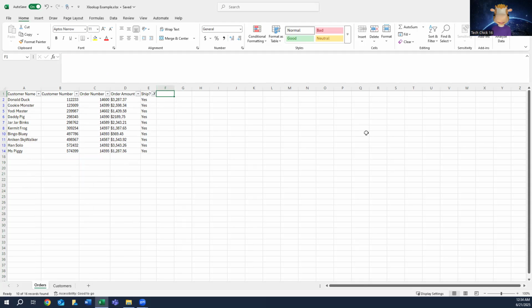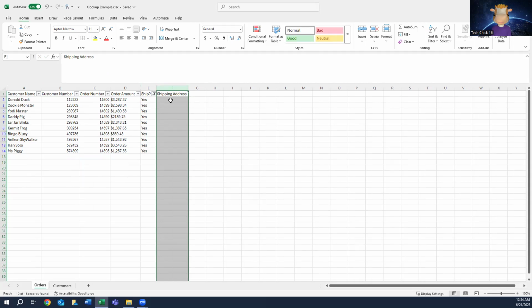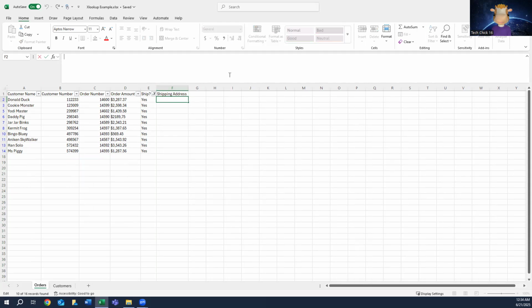Now the next step is we're going to go into F1 and type shipping address because we're going to pull in the shipping address on this tab. Go down to F2, click in the text box up here, start with equals, the name of the lookup, which is Xlookup, left paren, and then it tells you the first parameter that's required, and that's the lookup value. Well, our lookup value is right here, customer number,